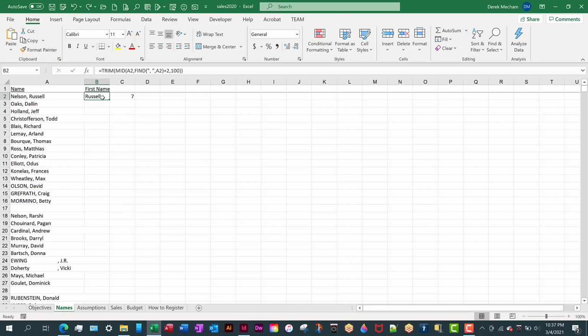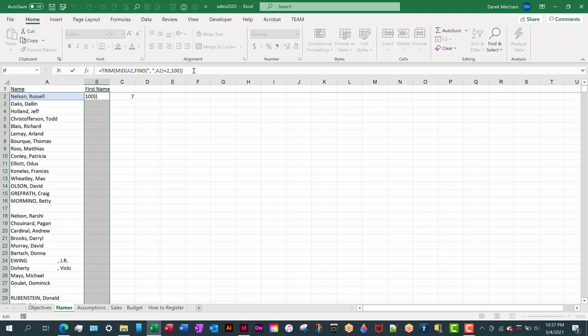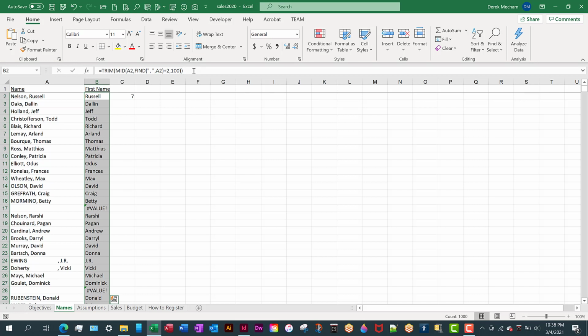And what we're going to do is hit Control Shift End on your keyboard, and it's going to take you all the way down to the end of your active data set. And you see that it took you down to column C as well. We don't really want column C in this, so we're going to hit Shift Left Arrow to get us back to just column B. Now we click up here in the formula bar for our formula in B2, and we're going to hit Control Enter, and that copies our formula all the way down past the blank in row 17 and row 28. And so now we've been able to overcome the blank rows, but we have value errors